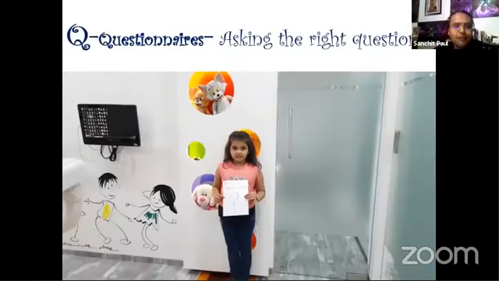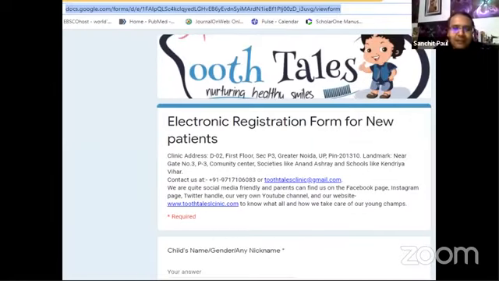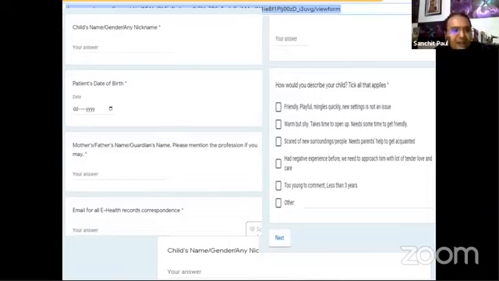Coming to the next letter, Q, this is always a tricky letter, but I think the questionnaire really fits it well. When we talk about questionnaires, we all have our consent forms and registration forms, which are not only cumbersome for the parents to fill, but also don't give you the entire information. Recently we have tried to put all this together in a Google form, which is also the need of the hour because of the COVID pandemic. This electronic registration form not only gives us the demography and details, but also gives us an idea of how you would describe the personality of the child.